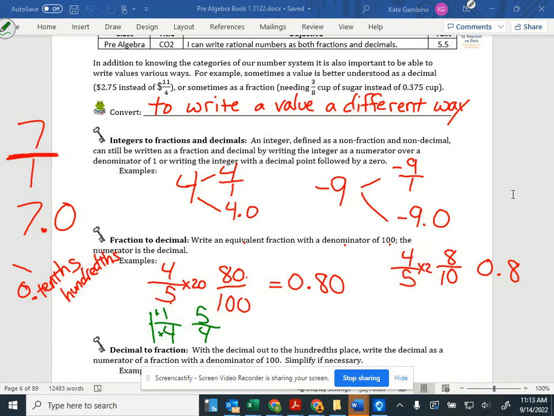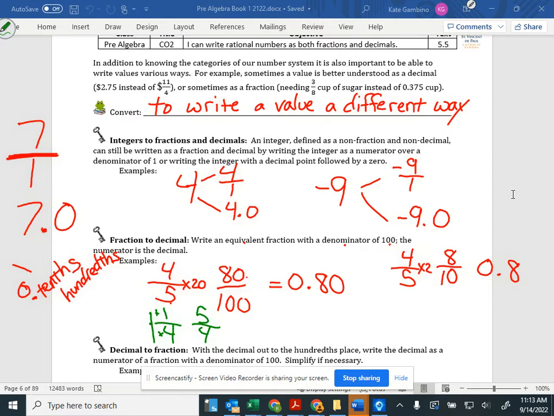Now, this is why we don't want to just go to the tenths, Chance, because we'll get numbers like 5/4. You can't go into the tenths easily, right? Because 4 doesn't go into 10. That's why 100 is more of the magic number, because more numbers will work with it. So 5/4,